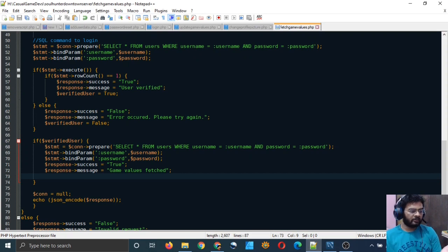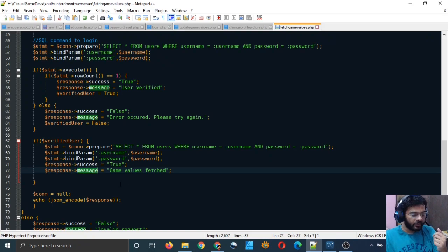Our response variable can have as many fields as we want. So in the response variable, this is the variable, okay, and this is a field inside the variable. It is a field, okay, and this is again our same response variable, and this message is a different field inside the variable.